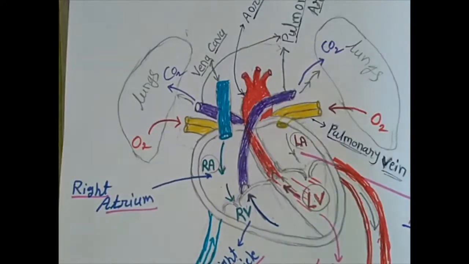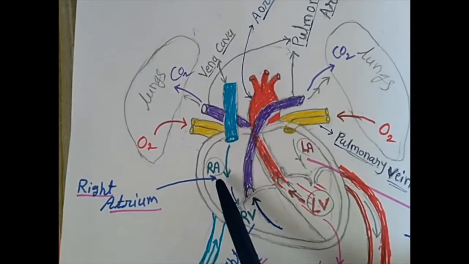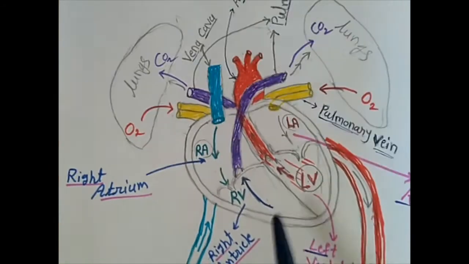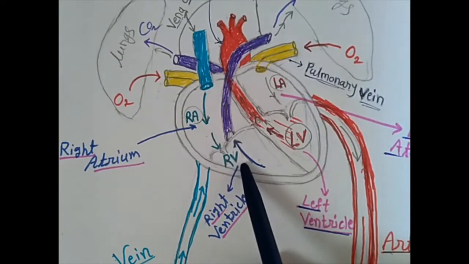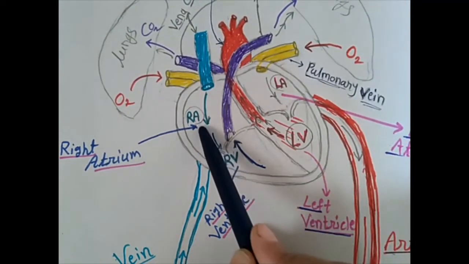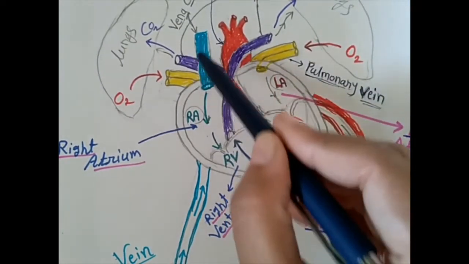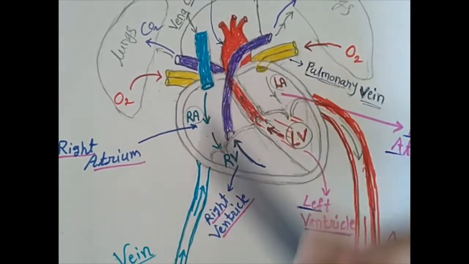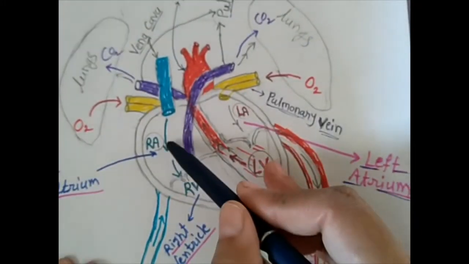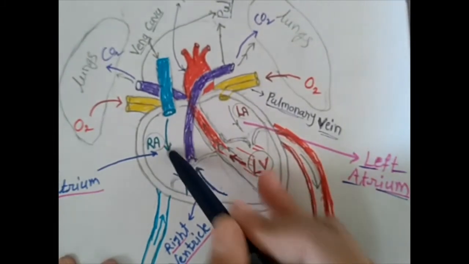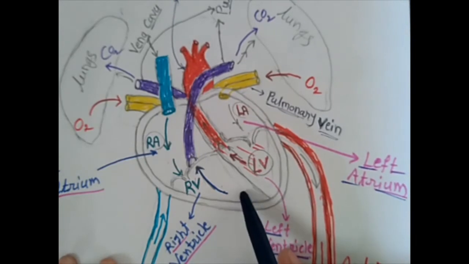artery. So through that vena cava we receive deoxygenated blood in the right auricle, and then from the right auricle the blood enters the right ventricle. From the vena cava, the main vein, it carries deoxygenated blood from the body organs towards the right auricle, from right auricle towards the right ventricle, and it is the pumping chamber, we know that.